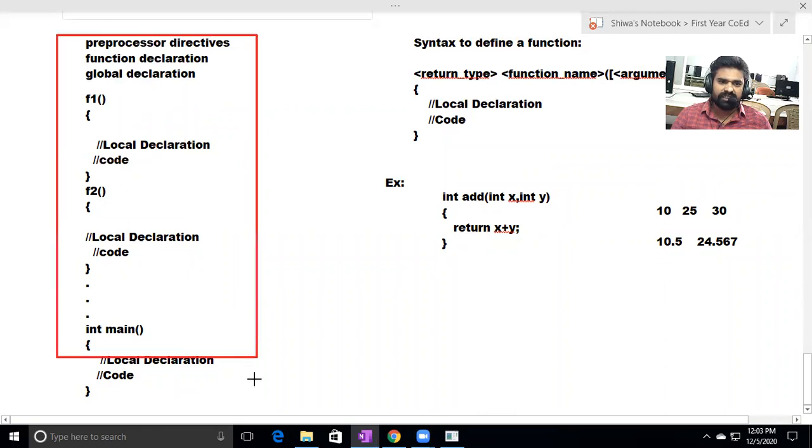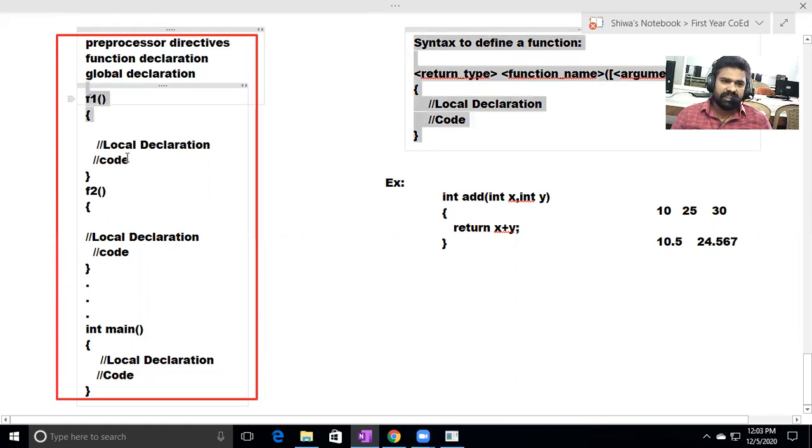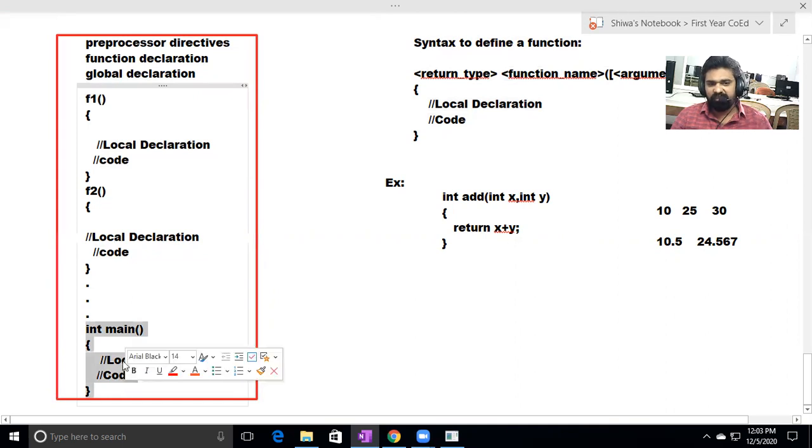This one is called the structure of a C program. So very simple, nothing is there. We write the C program in the form of functions. Here we are writing the functions F1, F2, F3. From where do we call those functions? From the main function, because in the program, many functions are there. From where does execution have to start? In the program, hundreds of functions are there, but from main, that should start the execution. So that's why we are defining the main.